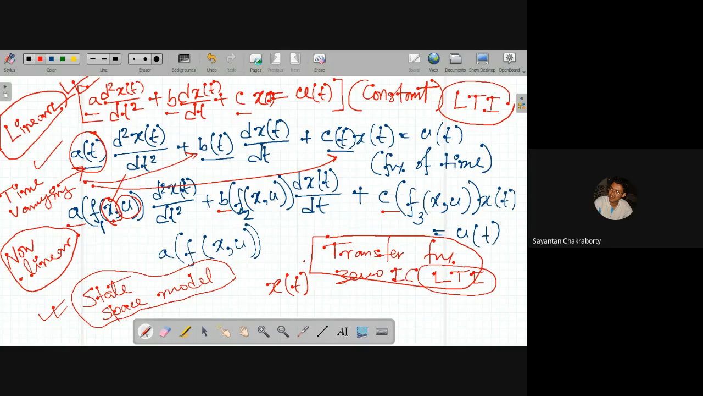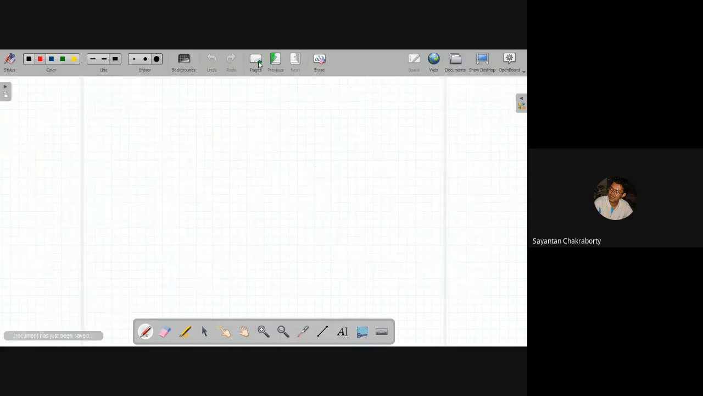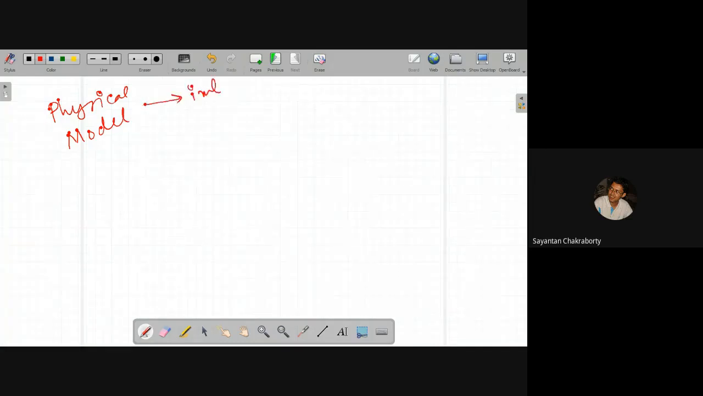But that will constitute two very fundamental steps. What are these steps? The first step is that one should build up a physical model of the system that is based on an interconnection of idealized system elements. So first, you have to build up a physical model of the system. A physical model will be an interconnection of idealized system